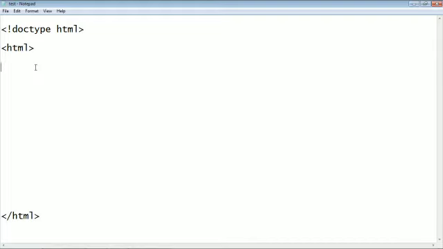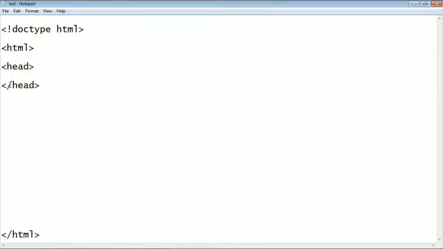Okay students, so next we will write the head tag. Same as usual, just like html, use your angular bracket to write the head tag. After opening it, we need to close it. So use your forward slash again to close the head tag.